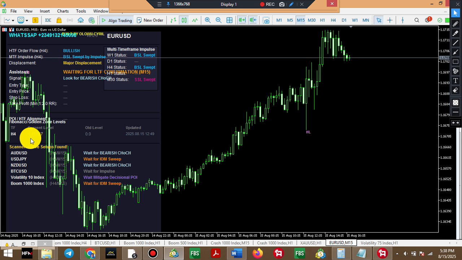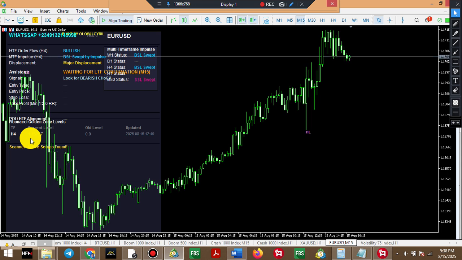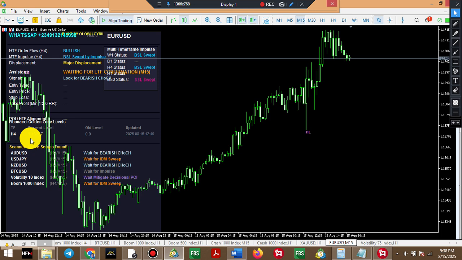But it is also important you take note of what the higher time frame is doing. And what are you taking note of? Areas of inducement. Something happened this afternoon on that Fibonacci on that Boom 1000. Immediately price swept liquidity, which triggered that entry you saw on Boom 1000. After a while, the Fibonacci level on 30 minutes tells me that it has changed from a particular level to another level, right? So when I checked, I noticed price was above the